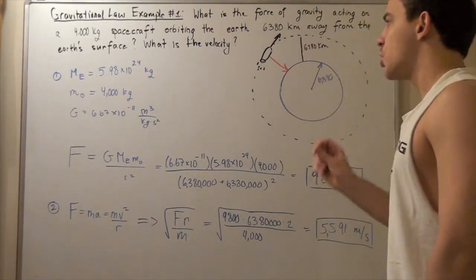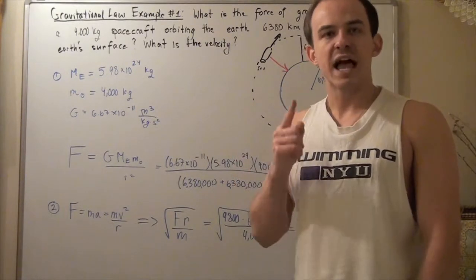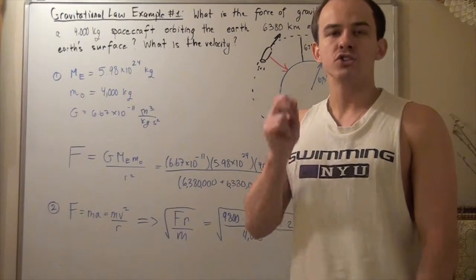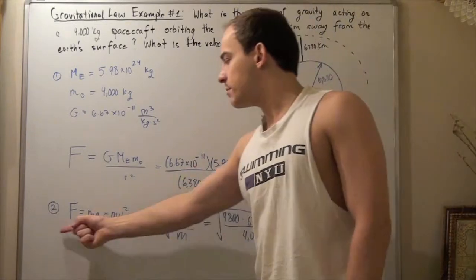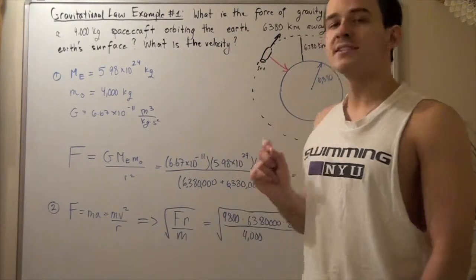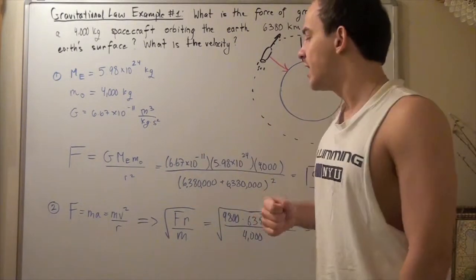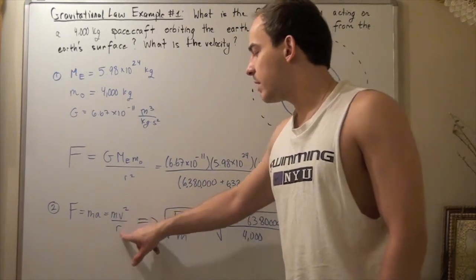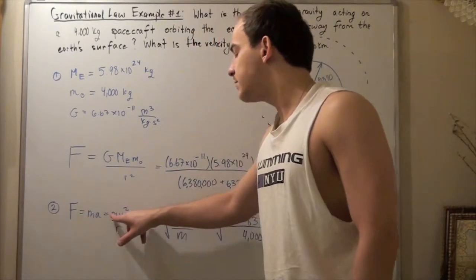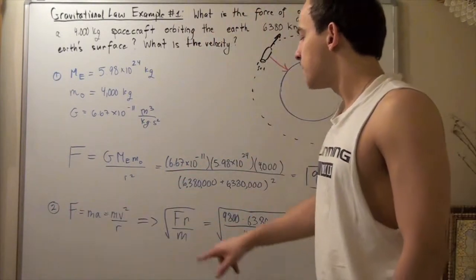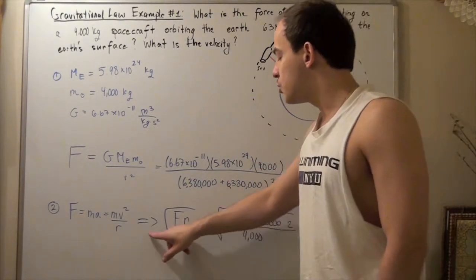And this centripetal force, which we're assuming is constant, creates acceleration, which is also constant. And that means it creates velocity, which must also be constant. So, now to find the magnitude of velocity, we simply use our formula F equals ma, where in this case our acceleration is simply velocity squared divided by r, as we saw in a previous lecture. So, mv squared divided by r equals F, and we simply now solve for v. So we bring the r over, we divide by m, and we take the square root, and we get that our velocity of the object, or the magnitude of velocity of the spacecraft, is equal to the square root